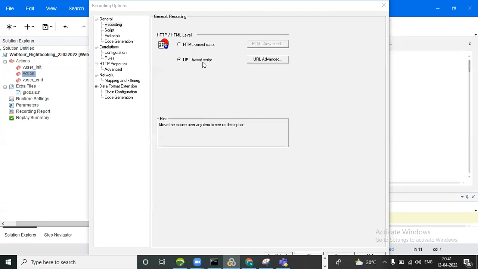But when you record in URL mode, it records the user actions along with the server-side resources also. HTML mode generates fewer dynamic values; URL mode generates many more dynamic values. For maintaining the script, HTML mode is very easy and URL mode is difficult. These are the differences between HTML and URL mode.